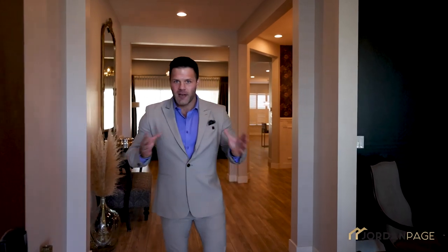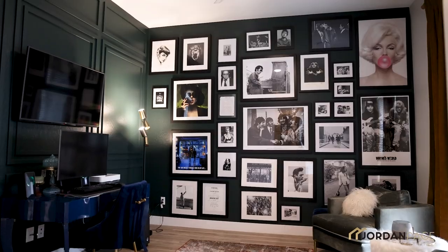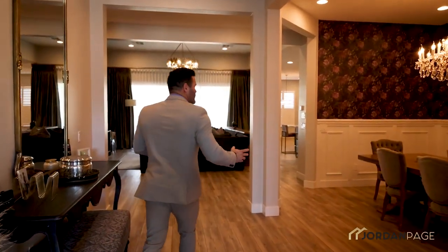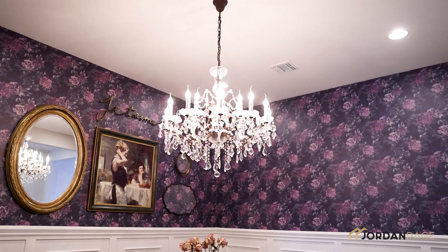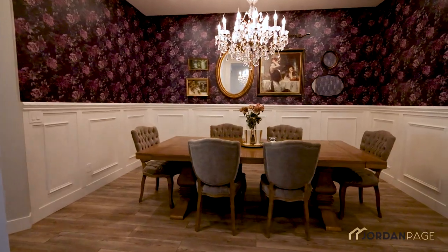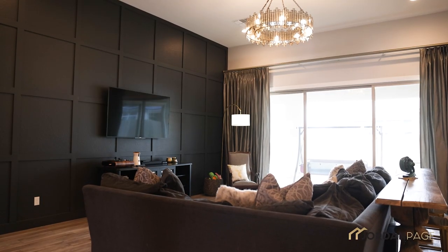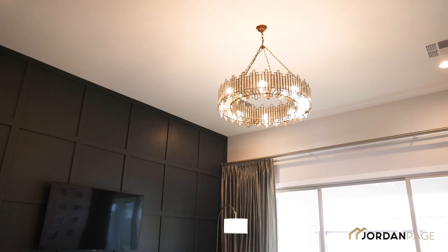All right, welcome in. So as you enter the home, you'll notice what I mean about this cool design in here. And to your right is going to be a media room. To your left, laundry room and the attached guest house. But right behind me, this main house, wow. First up, you look at this gorgeous formal dining area. This is an example of some of the custom touches you're going to see in this home that you won't find just anywhere else. As you go into the great room here, you'll be impressed by these soaring 15-foot ceilings,